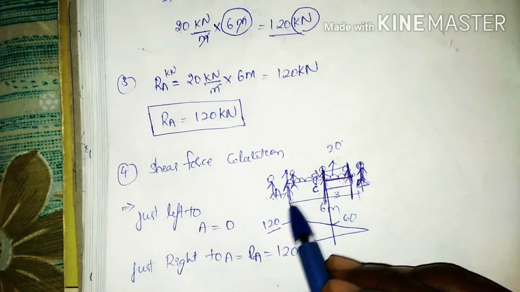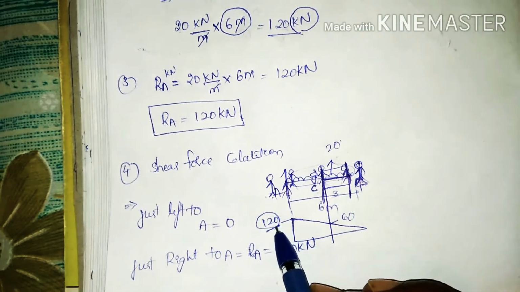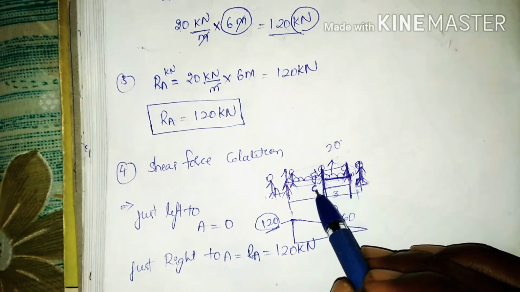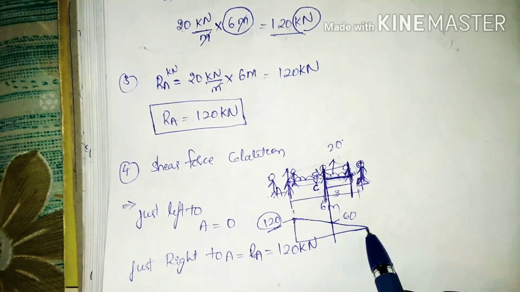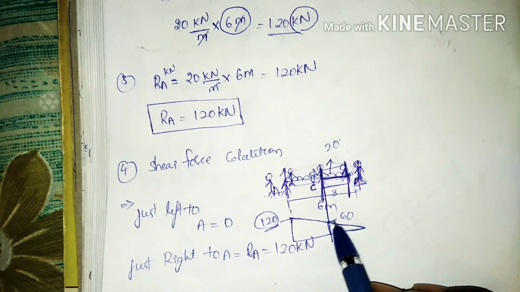We are going to take this total moment, so that we are going to find here, that is 120 kilonewton. Here we are going to take only the span of C to B, so that we are going to find the same length, same triangle, which is having a magnitude of 60 kilonewtons.